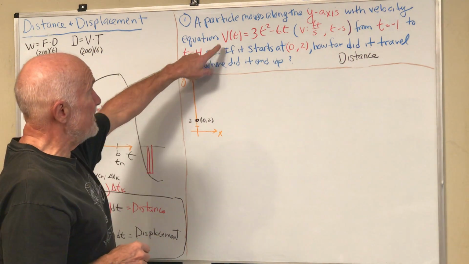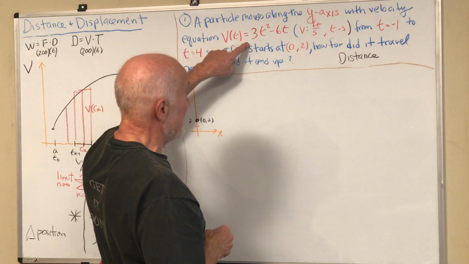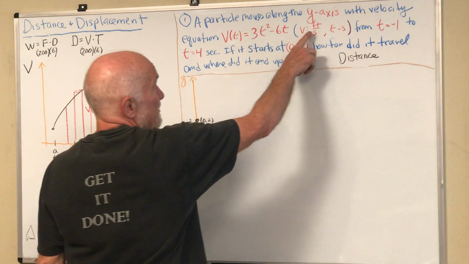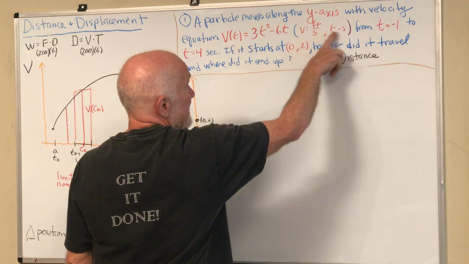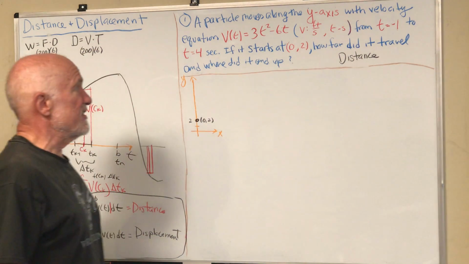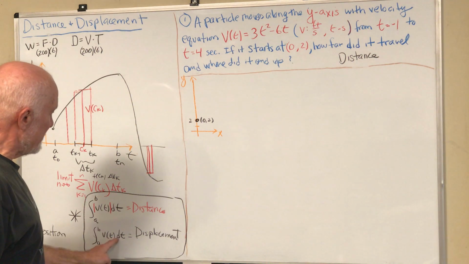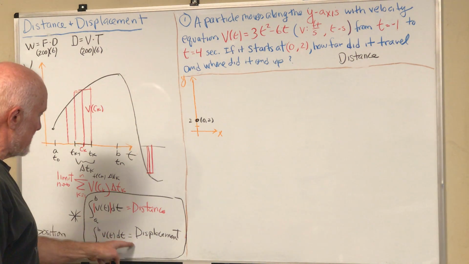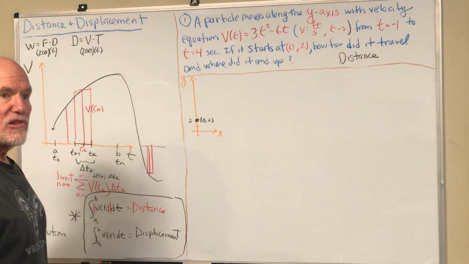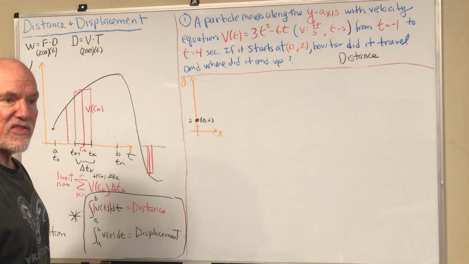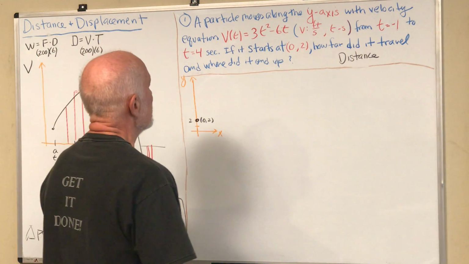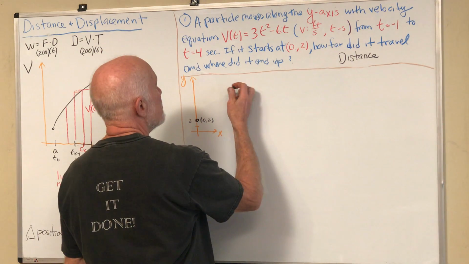And what was I given? Luckily, I was given the velocity, where the velocity is in feet per second and time is in seconds. So the easiest of these two calculations is usually the displacement, because there's no absolute value. Absolute value always makes things a little bit harder. So I'm going to find the displacement